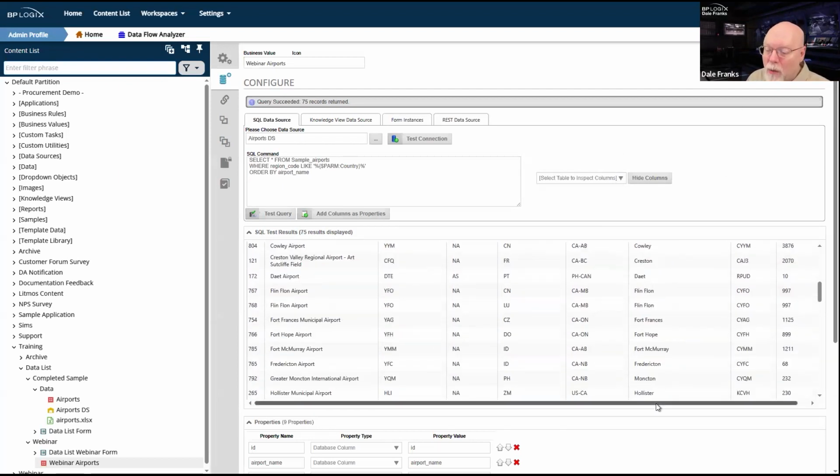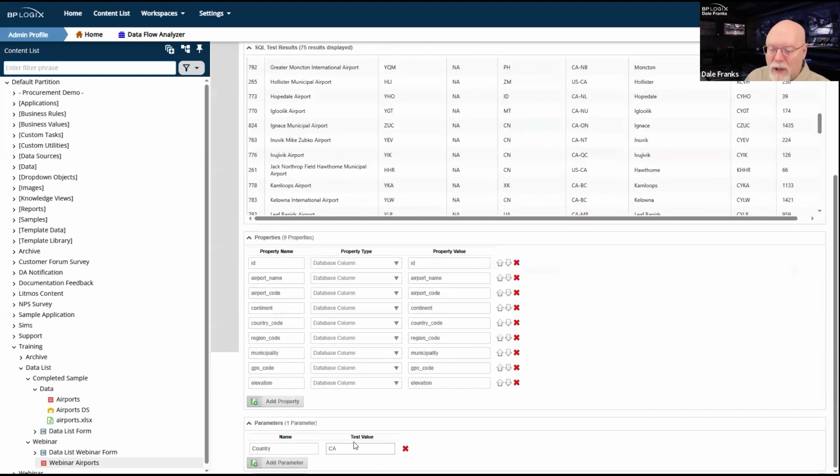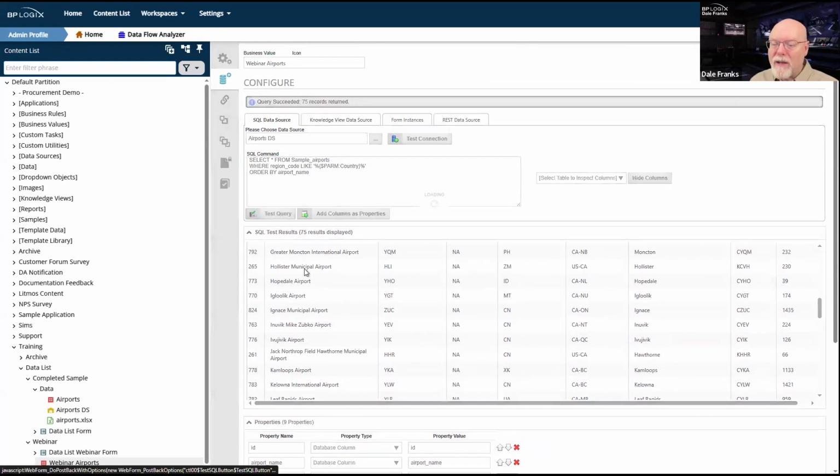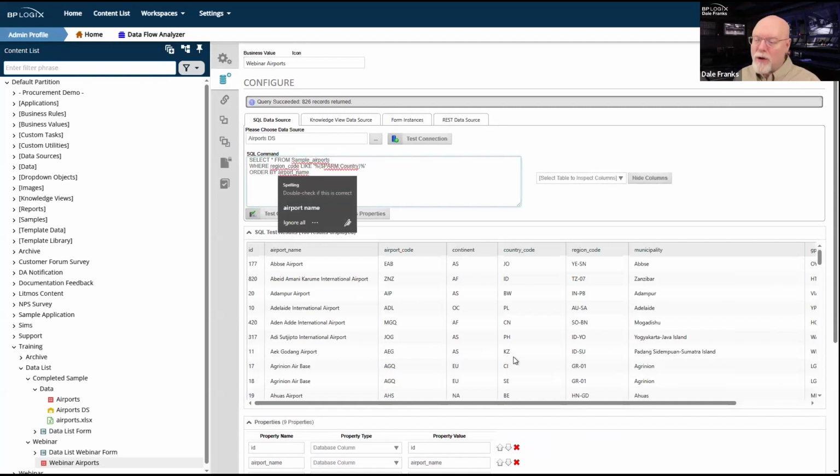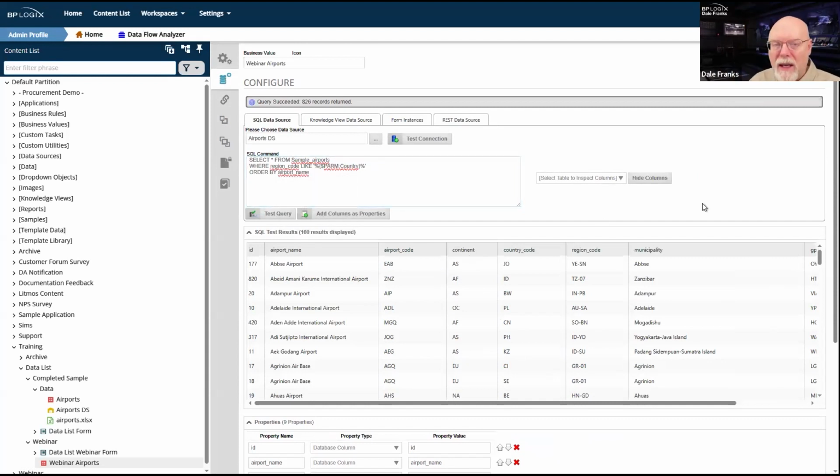Oh, and by the way, if I don't put in a parameter, this is why I use the like. So let's get rid of our test value. And now if I test the query, it's going to return everything. So like is really cool. If I don't provide a value for it in like, thanks to these wildcard characters, it's just going to return everything in the database. So it's going to work like the contains operator does whenever you're creating a condition. If you don't provide a value to compare, then it's just going to return everything by default.